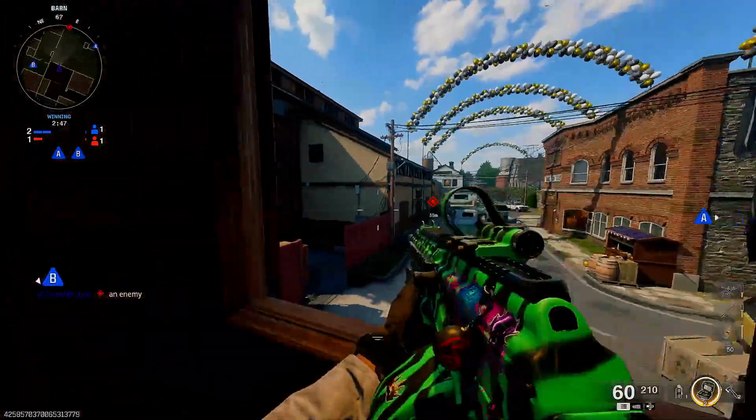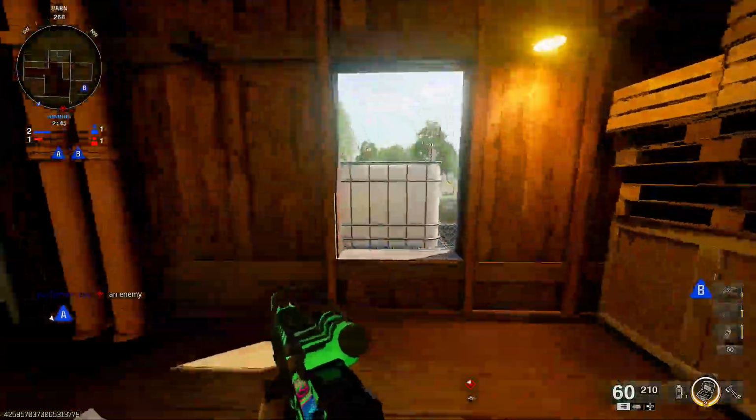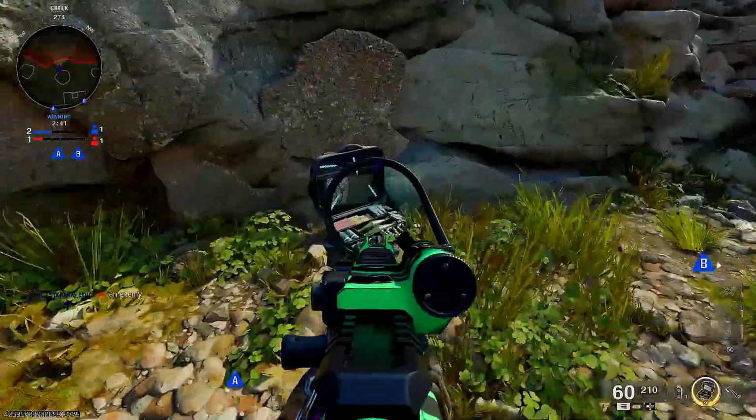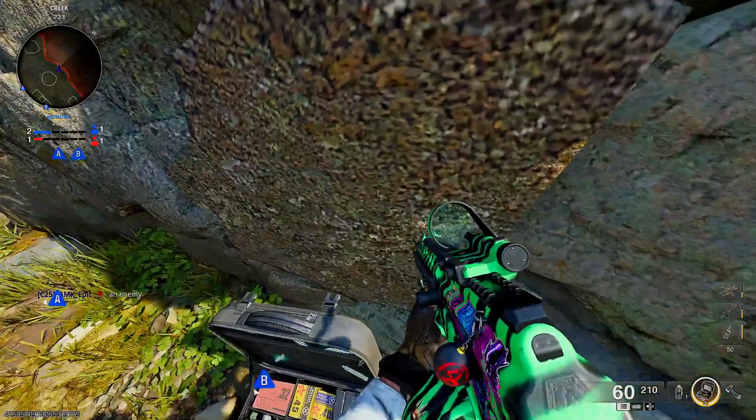Now onto the Headglitch spots. For the first one, this is going to take people who like to Headglitch in the middle of the map for domination games. You're going to push back into this little corner by this rock, and then you're going